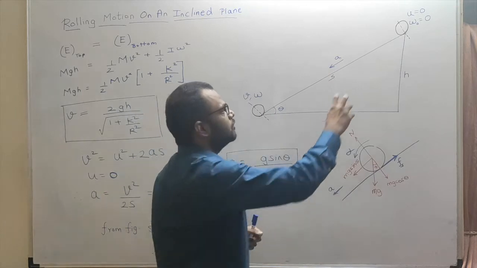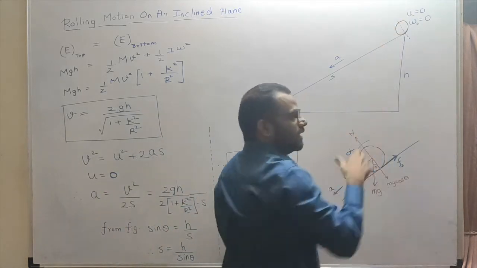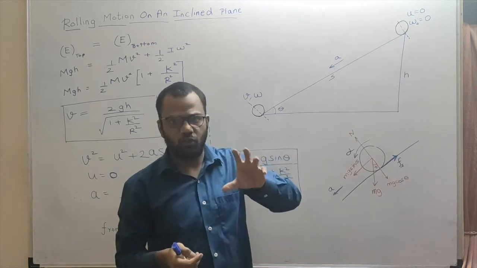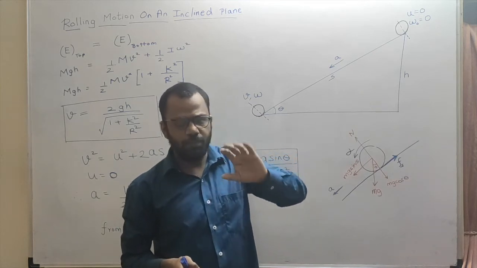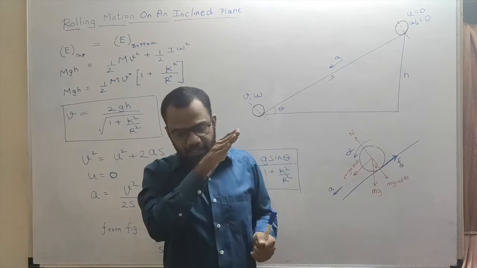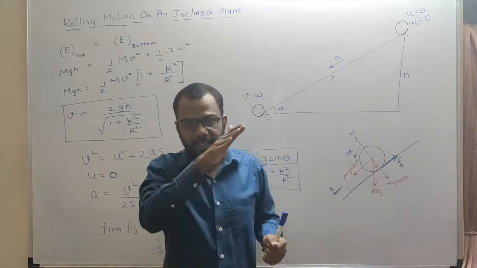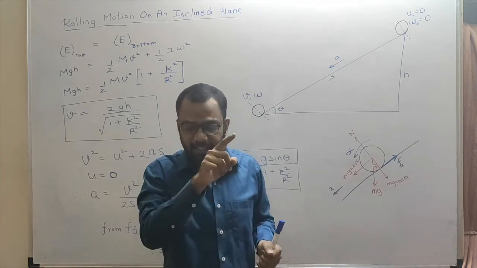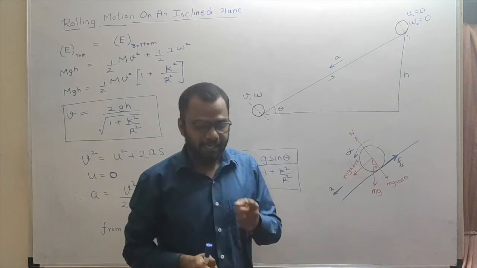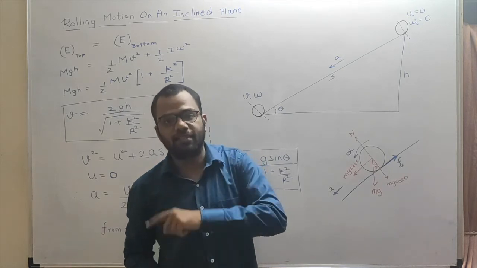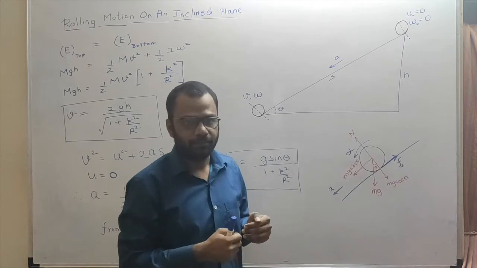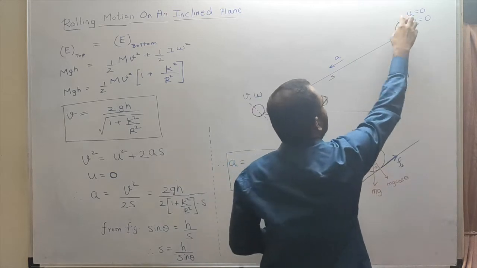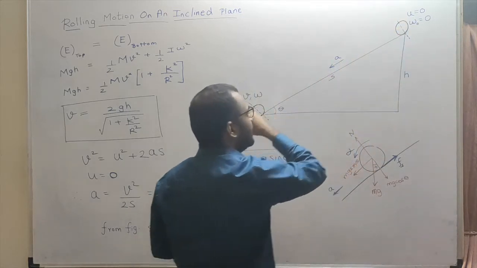So once again the object is over here. Initially both the velocities are 0. Initially the linear velocity is 0 and the angular velocity is also 0. But as we leave it, the object starts rolling down. Its linear velocity increases because there is a net force in this direction, so there is a linear acceleration in this direction. Its angular velocity also increases. Why? Because there is a torque acting on the object. So initially both of them are 0, but as the object comes down, both the linear velocity as well as angular velocity go on increasing.